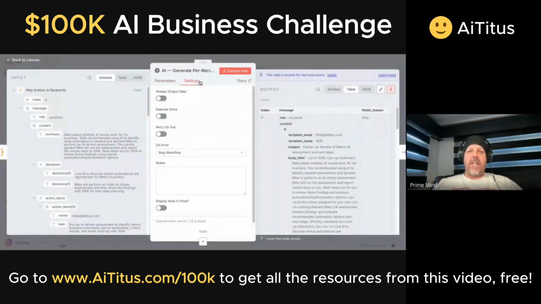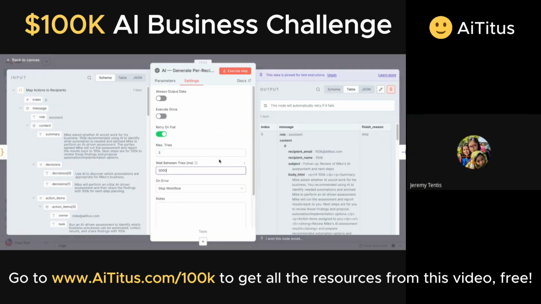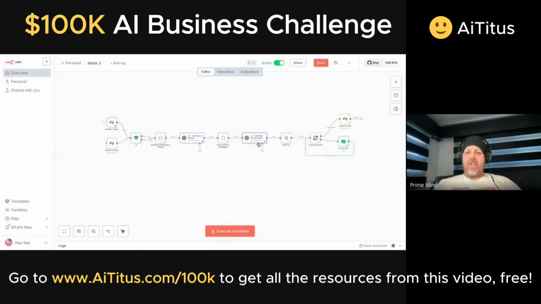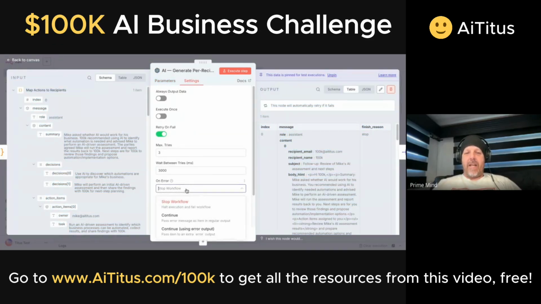So what you do is you go to settings and do retry on fail. And so you might do like 3,000 milliseconds, which is like I think 3 seconds. So what happens is it'll retry, and then it'll successfully work. You can also add in things here in the settings, like continue using error